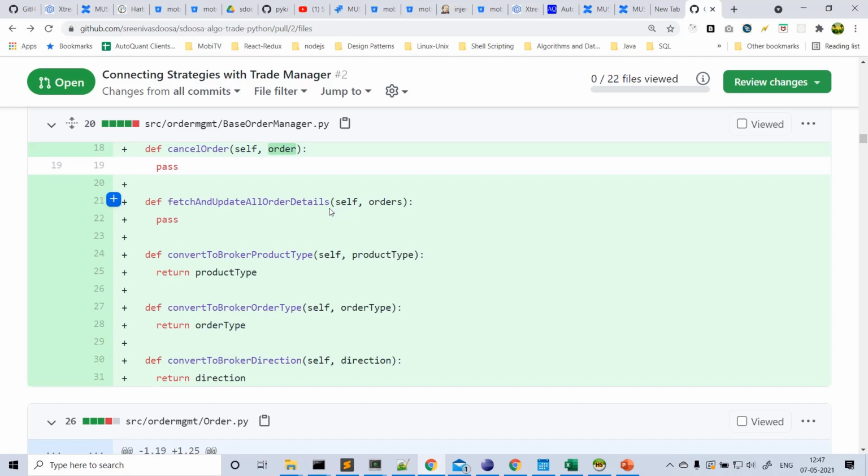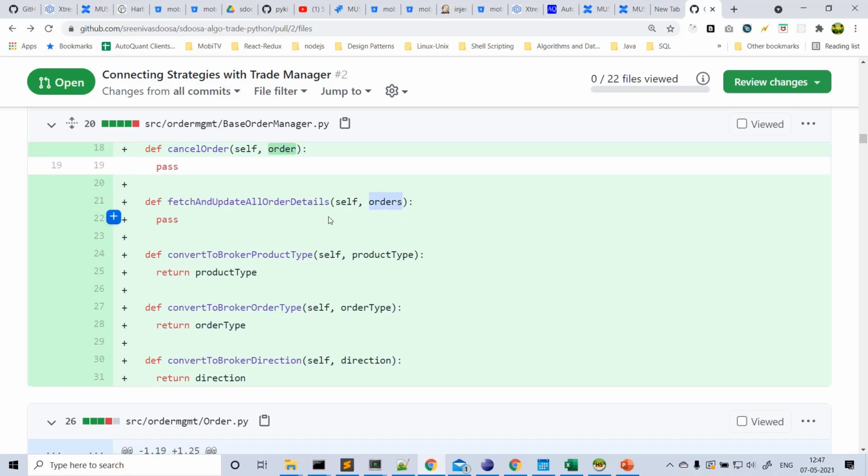So the functionality we need to write is to fetch all the orders at once. You pass all your orders from your system to this function. This function has to fetch all the orders from the broker, get the latest status of each order, compare, and update only those orders placed by the algo.